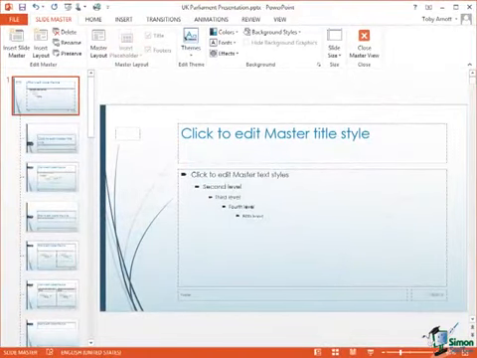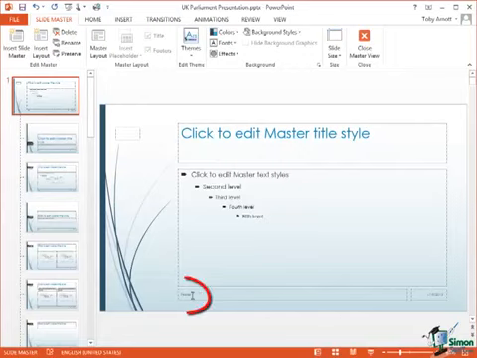So we're coming to the end of this particular section now. We've made quite a few changes to our presentation, and I've got one other topic that I want to cover under the general heading of masters, themes and layouts, and that is, you may have noticed a little footer, the word footer here and there, and you may have noticed the date here and there. You may even have seen a page number here and there, and you may be wondering why none of our slides seem to have those on them,